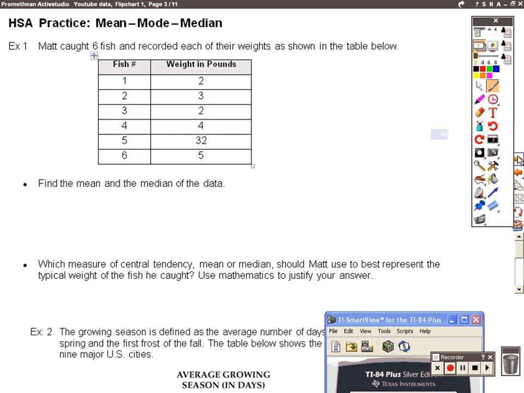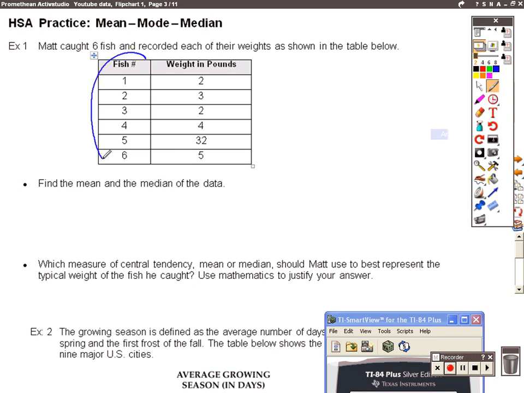In this problem, Matt caught 6 fish and recorded each of their weights as shown in the table below. Find the mean and the median of the data. Now, at first glance, you might think that we're going to have a list number 1 and a list number 2, but that is not the case here. In this data,